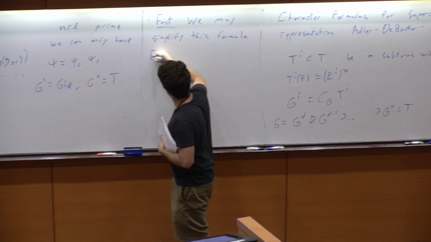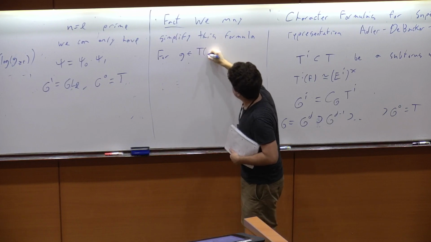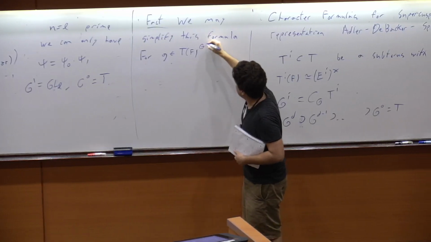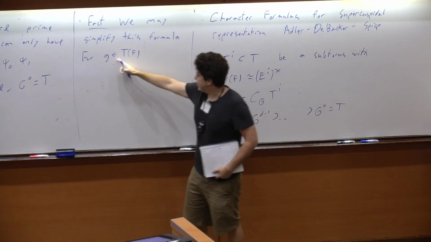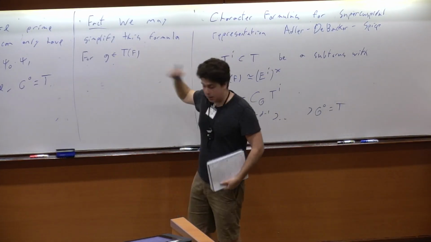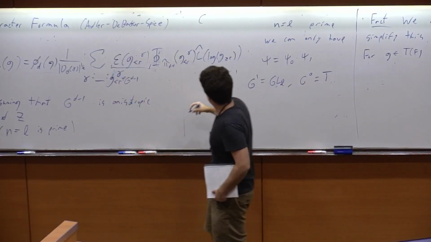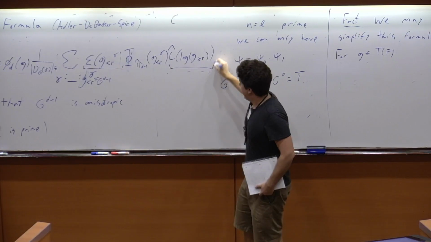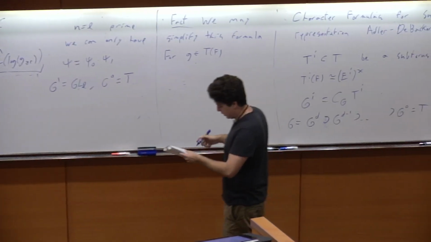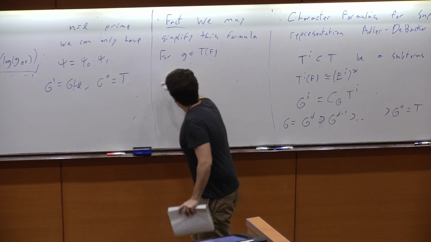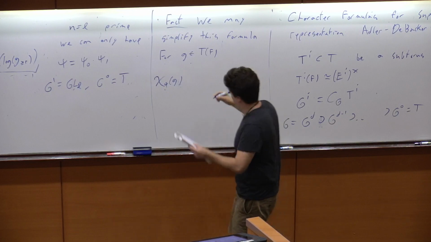For g in the torus, at least, so for g, let's just say in the torus, but what I really mean is any element that's conjugate to an element of the torus, we can in fact simplify both this first term as well as this latter orbital integral term and actually get a nice formula, which is a lot easier to work with. We have the character formula here is just given by